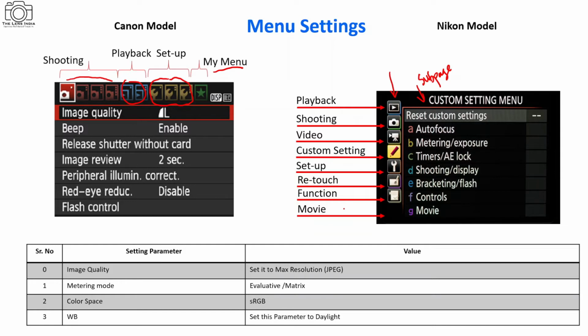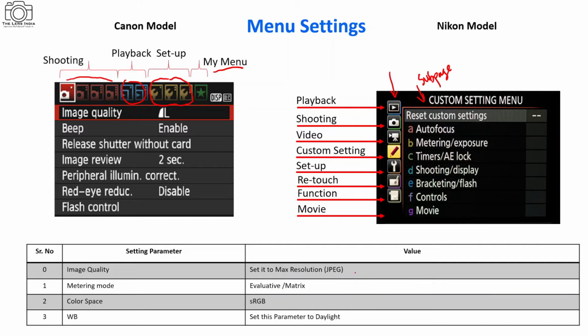There are too many settings, but I will focus on what is needed for basic photography. There are mainly 4 types of settings, which are shown in the table below. Whatever camera you are using, go to the menu settings of your camera, where we need to set the image quality to the maximum resolution of JPEGs. When you press the image quality button, you will see there are 2 main categories: one is JPEG, another is called RAW. So what is RAW? I'll make a separate video on what is RAW and what is JPEG.